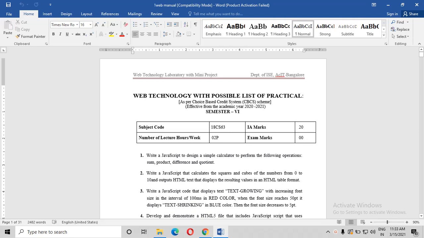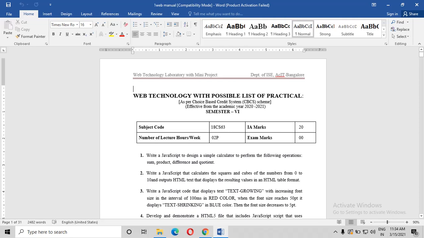That's what I need to talk about, this possible list of practicals. Earlier it was a lab program. Now they have kept it as a 3:2. Means 3 theory classes will be there and 2 practical classes will be there. You have to execute these programs that will support you to understand whatever you have learned, the syntax about JavaScript, whatever you have learned in theory. It's a practice session that we call it. Okay, the subject code is 18CS63, as you know.